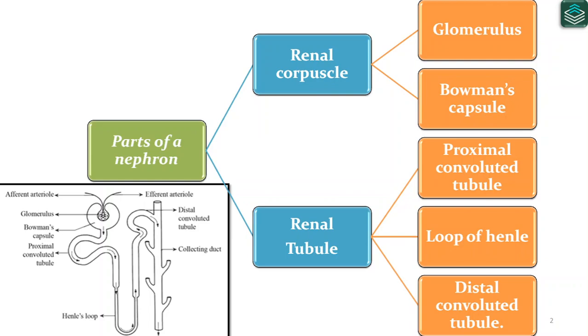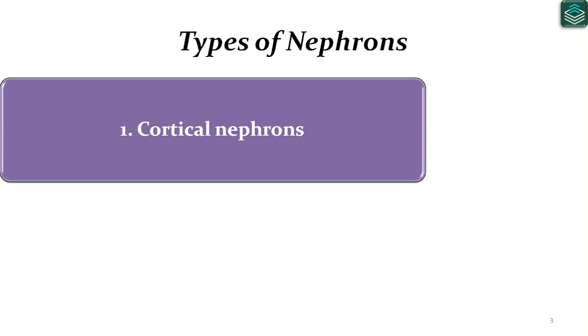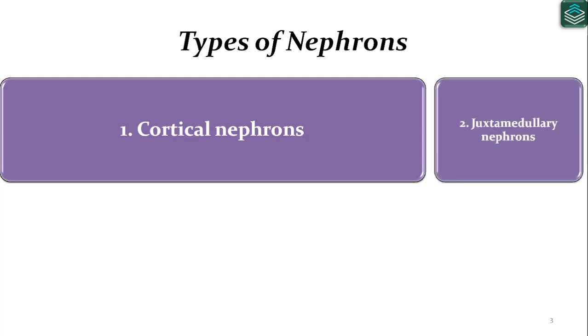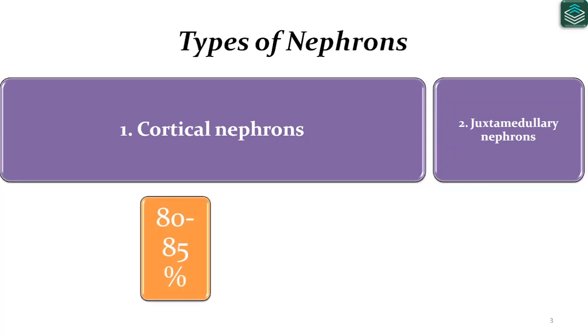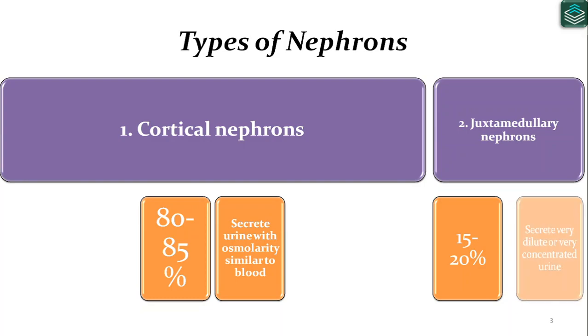After completing this, we have to understand the different types of nephrons present in the kidney. There are two types of nephrons. First one is the cortical nephron, second one is the juxtamedullary nephron. Cortical nephrons constitute 80 to 85% of total nephrons present in kidneys. They secrete urine with osmolarity similar to blood, whereas juxtamedullary nephrons constitute 15 to 20% and they secrete very dilute